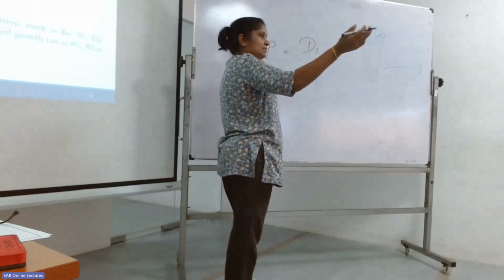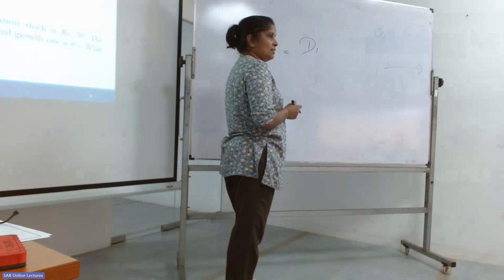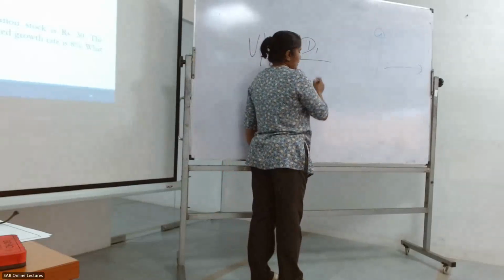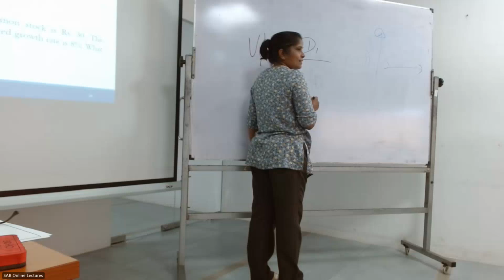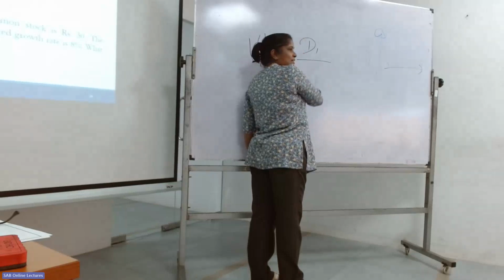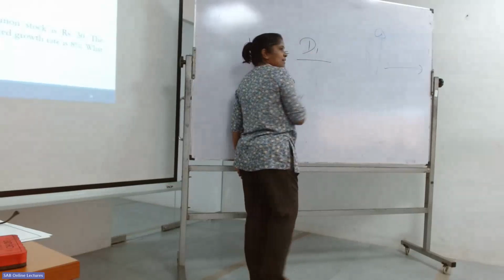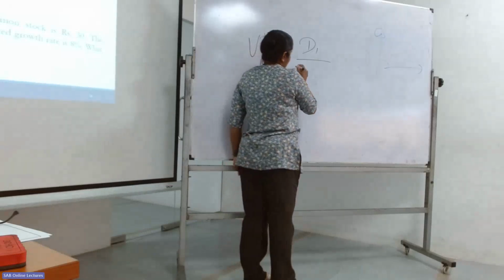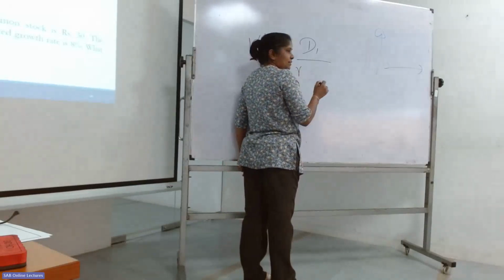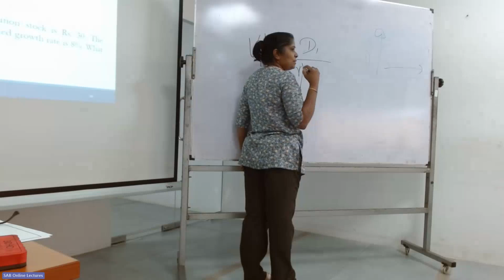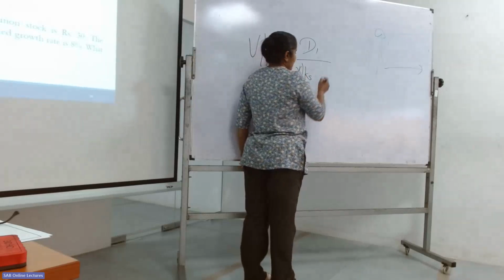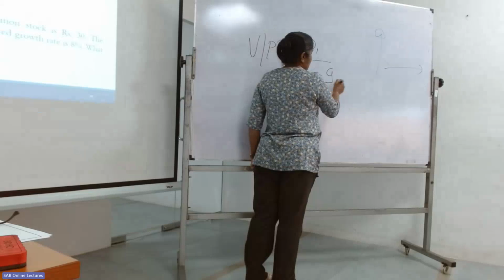You can turn back and see that model. The value, or the intrinsic value, is equal to the next period dividend divided by the investor required rate of return, or here we can define it as the cost of external equity, minus the constant growth